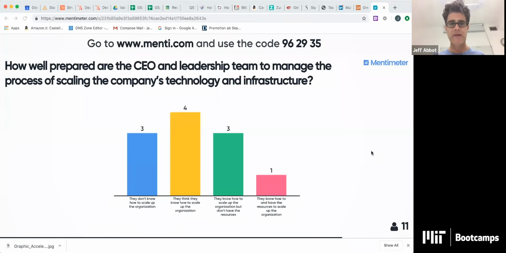So we have a nice balance of responses here, from some saying, this is an area that I don't feel so strong in. And the good thing about thinking about things in the context of blitzscaling is there's some advice about when you need to worry about these things. And it may well be that if you're one of the folks that rates yourself as low, you're still at an early enough stage that these are not the most important considerations right now.